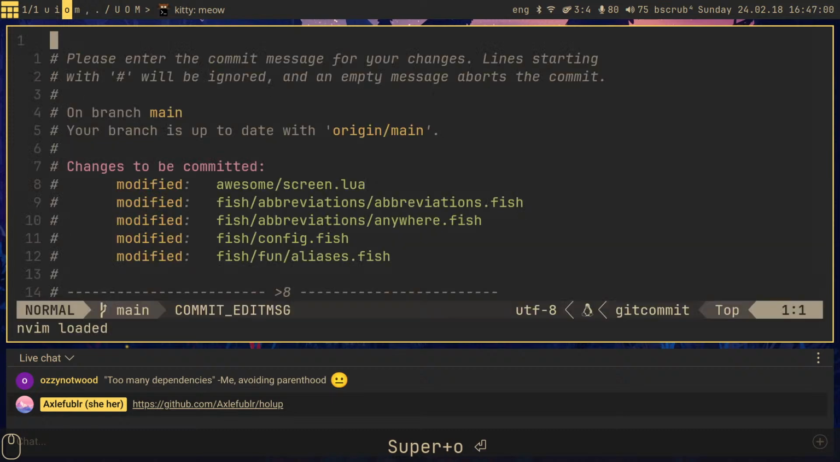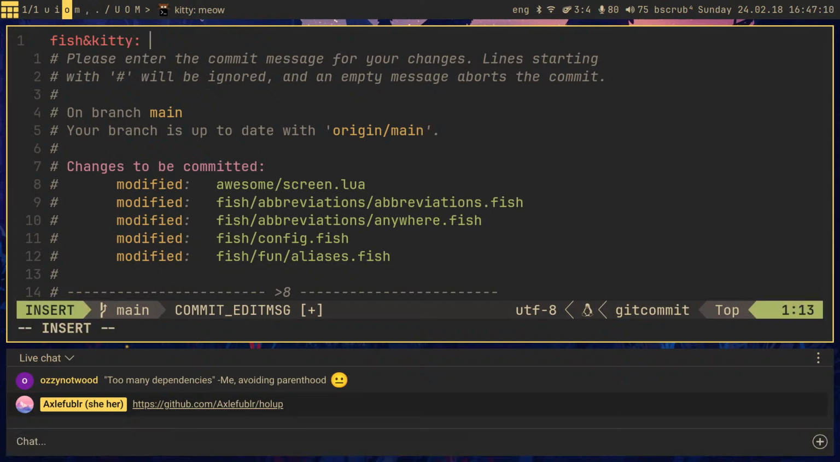So let's add the commit. F comes before K. I try to make these combinators of commit topics be in alphabetical order so that they are consistently searched for. So efficient kitty,